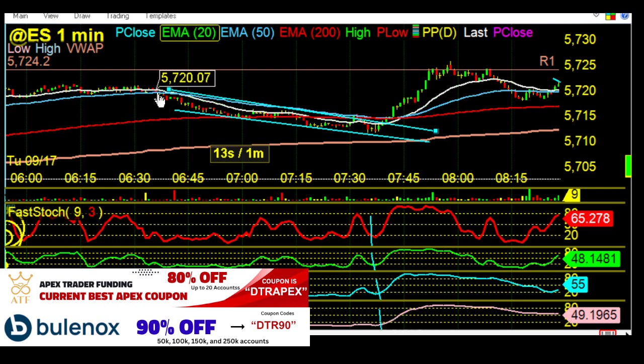We also want to have what I call a recognizable channel or a pattern. That means it gives us the width of the range that the stock, or in this case the futures, is trading in. Usually we identify the pivots, and the pivots are,